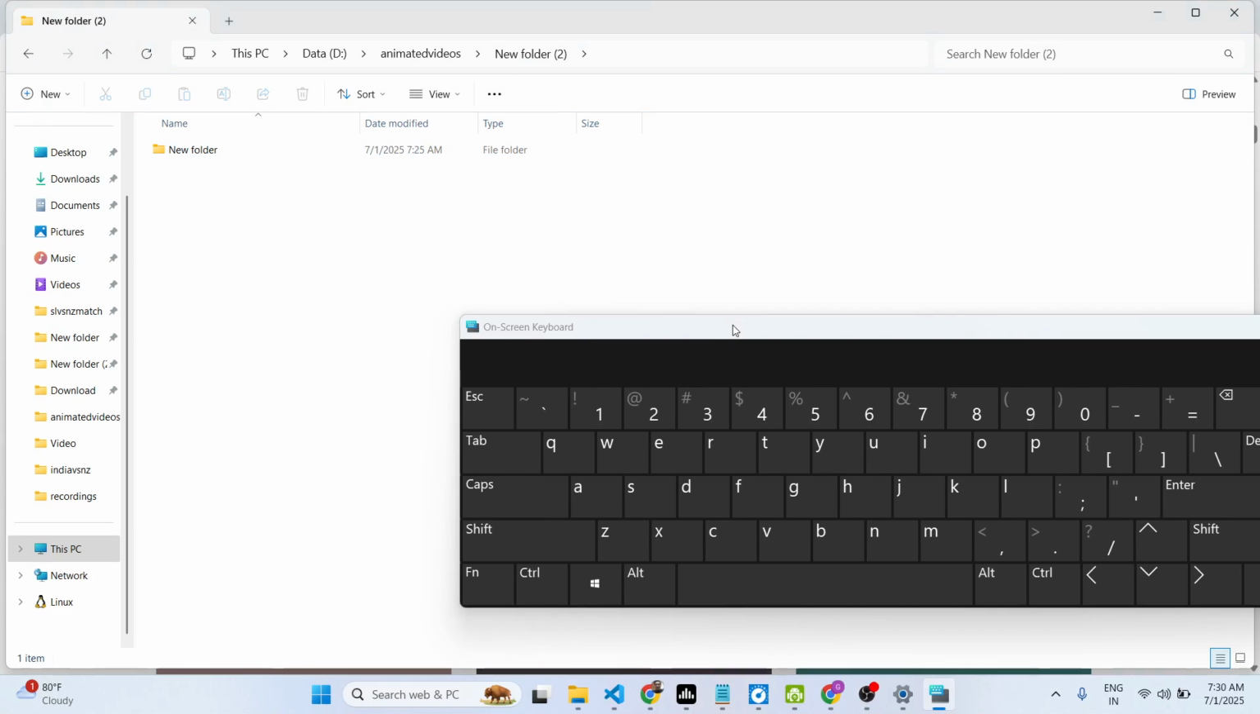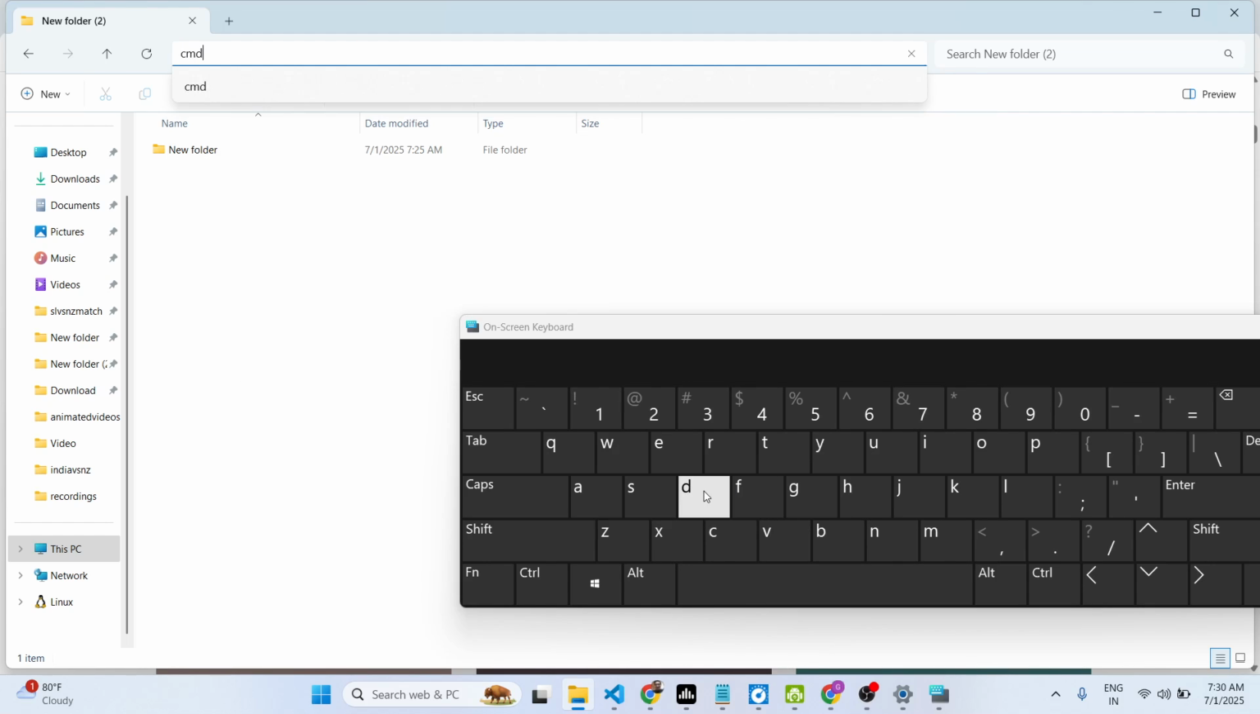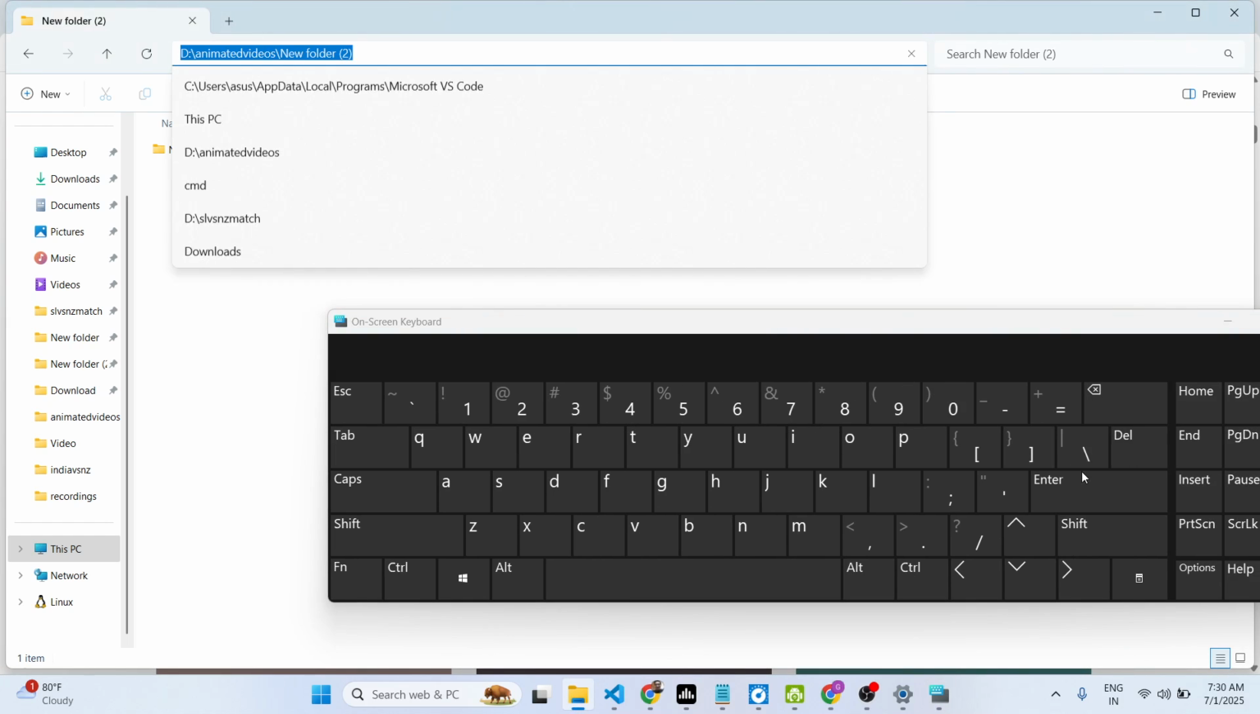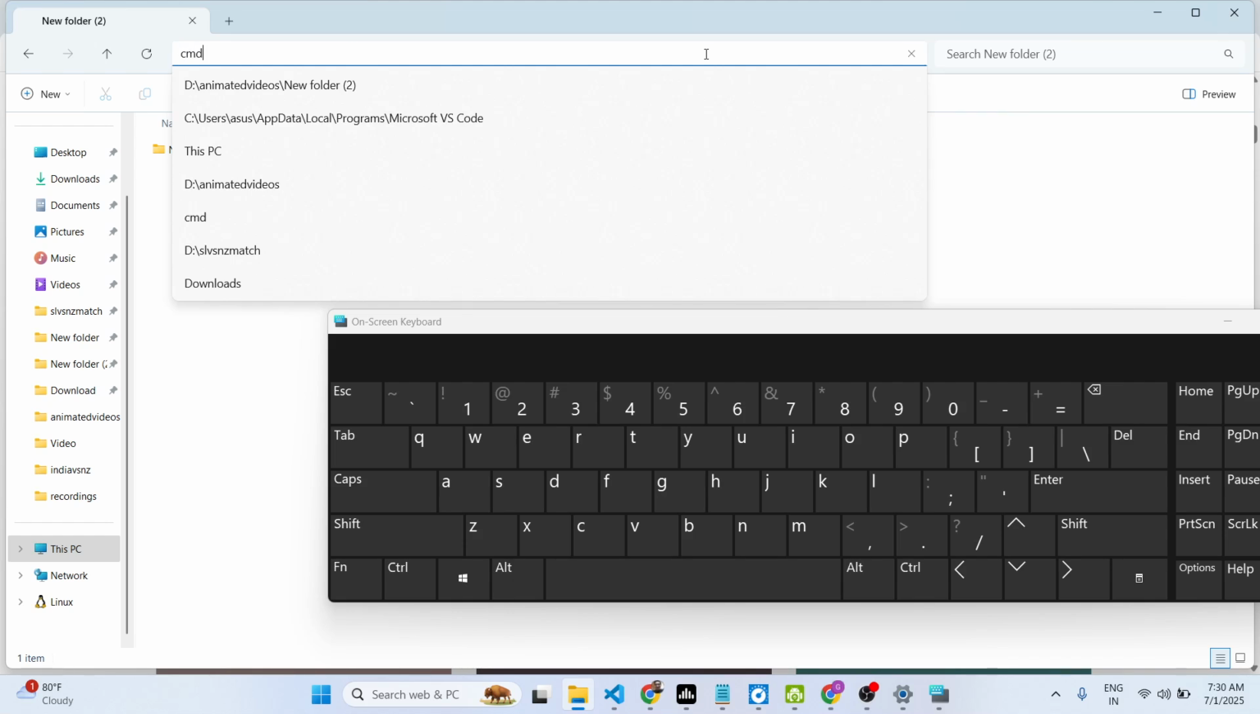So in this video I will show you how to open VS Code in the current folder on command line. So first of all, simply open the command line by typing cmd and then pressing enter. This will open your command line,